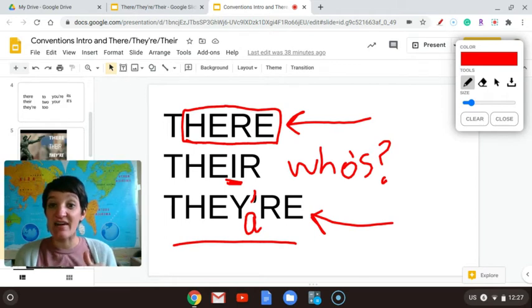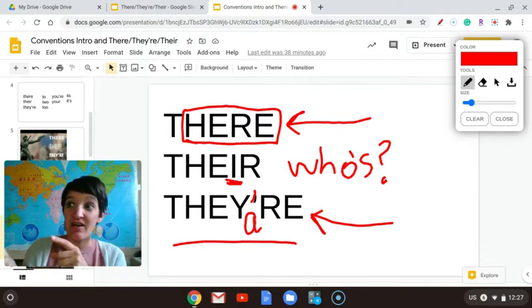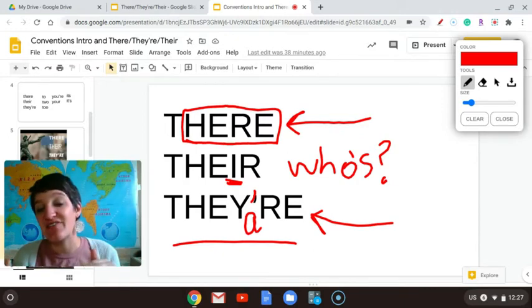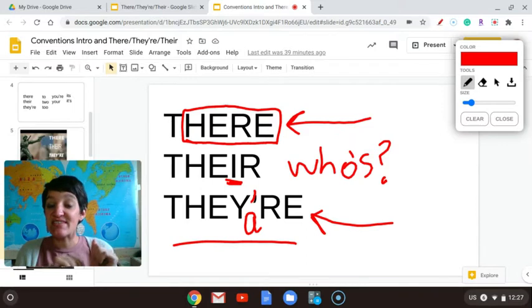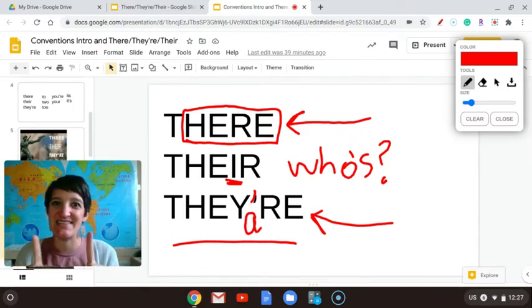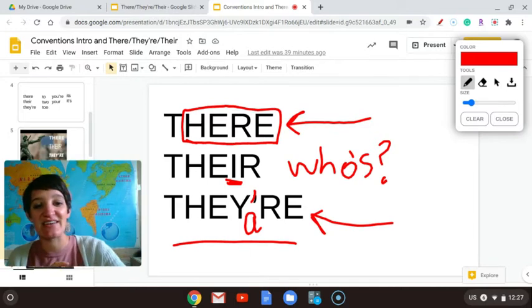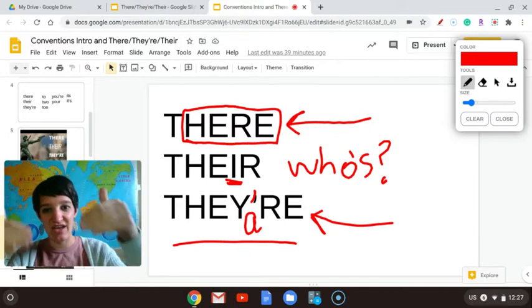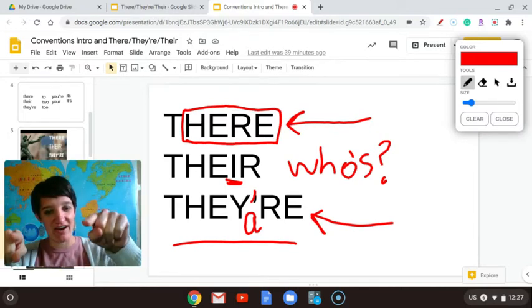But on the other hand, the sentence where the sergeant said, "Do you see that motorcycle over there?" Let's replace that with "they are" to see if it makes sense, okay? "Do you see that motorcycle over they are?" Totally did not make sense, huh? That's how we knew it wasn't the contraction "they are," and it was the location, not here, but over there.